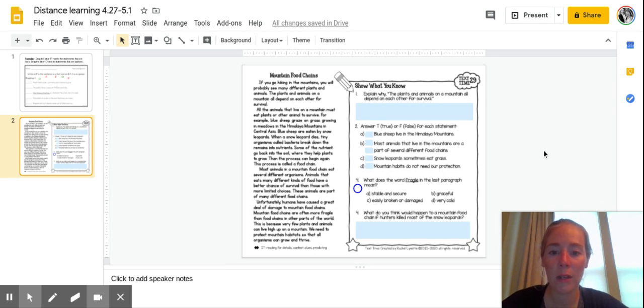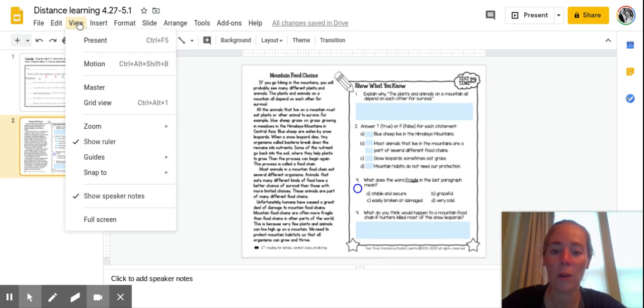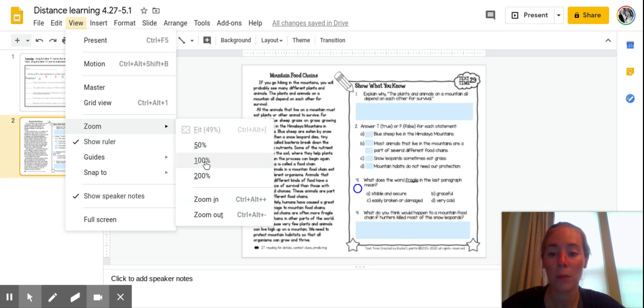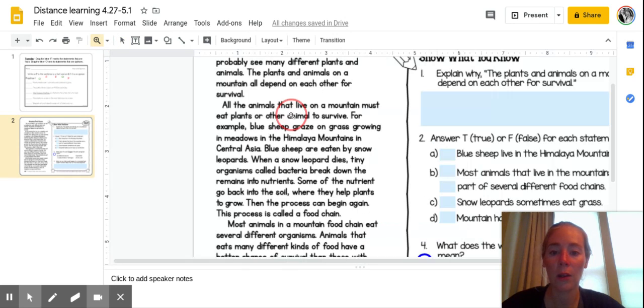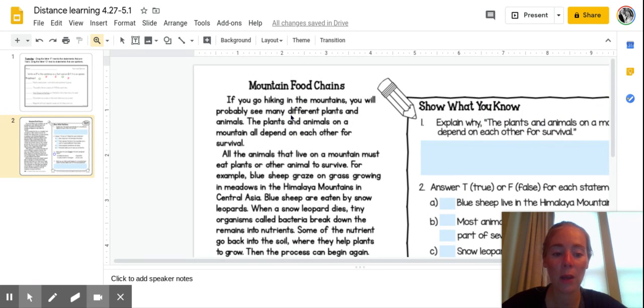So we did a similar activity last week. Remember, if you want to see the text bigger, you can click View and click Zoom and click a higher percentage, or you can click Zoom in, Zoom out. You can also just click on the magnifying glass right here and click on what you want to be bigger. Okay, so now that I can see it better, the first thing I'm going to do is read the text,